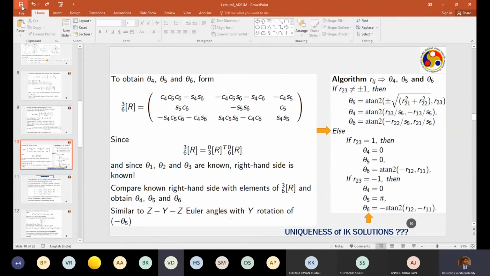So one small doubt. Yeah. Here, can we treat this similarity with the ZYZ Euler angles as happening because it's a coincident twist, right? Or will this always happen even if it is not? I'll discuss the non-intersecting cases in this lecture. You'll find out by the end of the lecture. Okay, sir. Yeah.